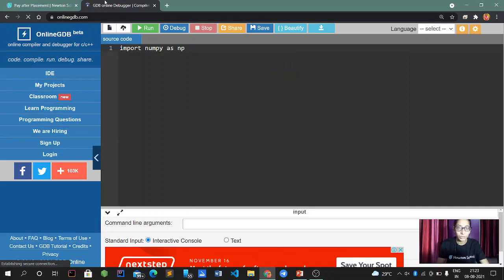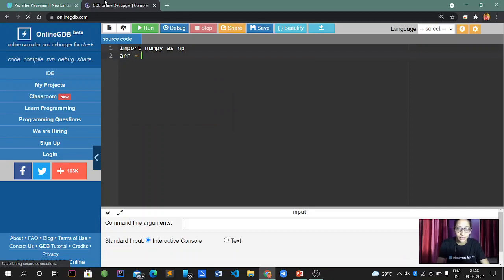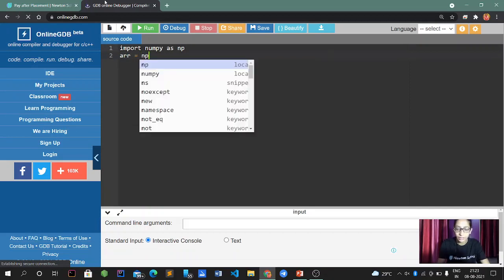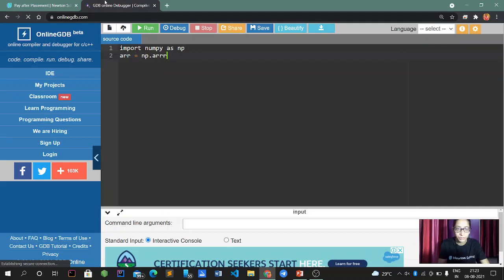After that, we use the alias. If I import NumPy as np, then to write the array, my array, I write np.array, and after that I make a list: 1, 2, 3, 4.